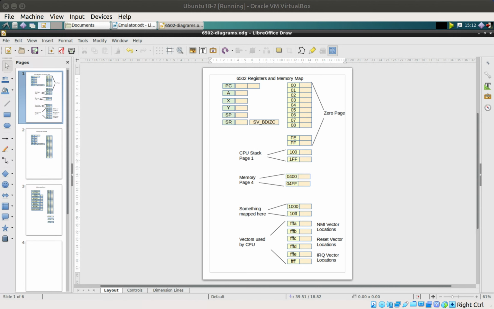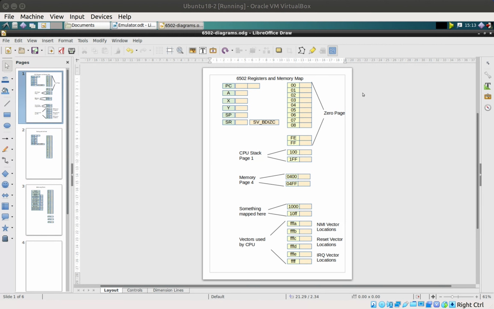Each is an incremental step from the previous step. It started off with trying to emulate the bare bones of the 6502 instruction set, and then work my way forward, to make this much easier than jumping in and doing the whole thing in one big go. Anyway,